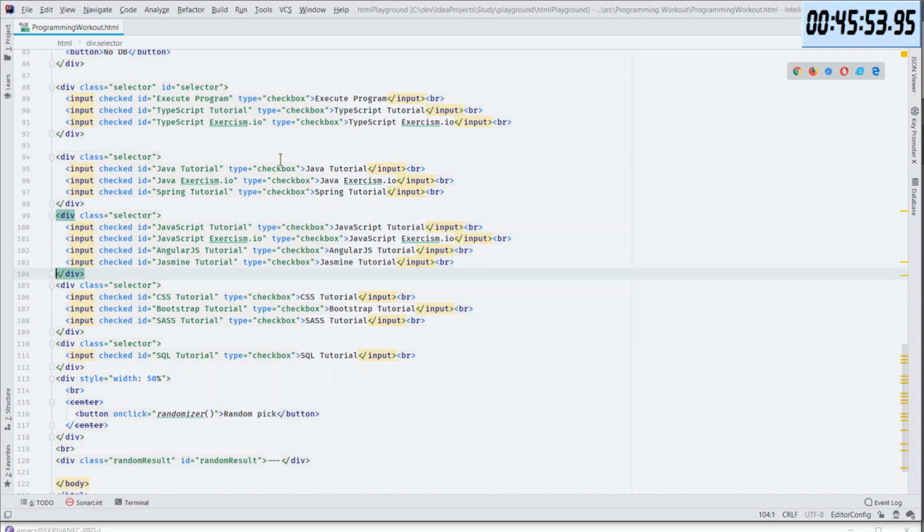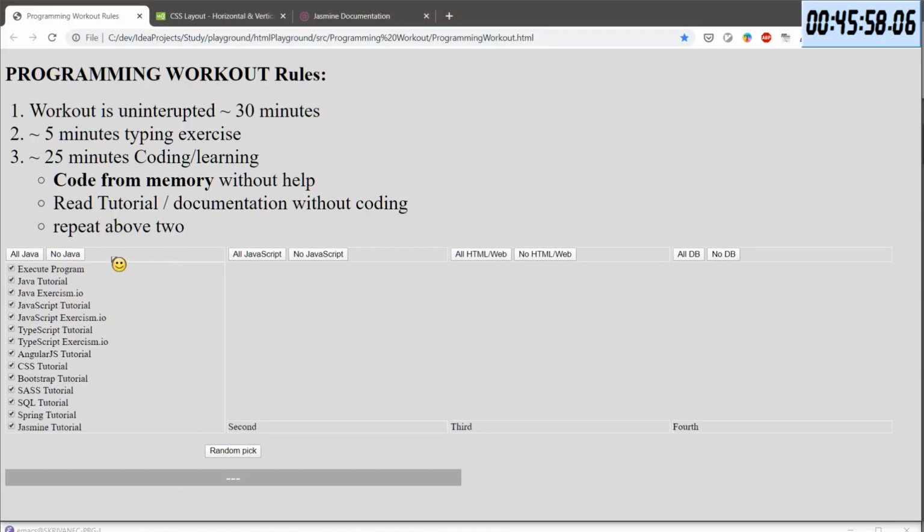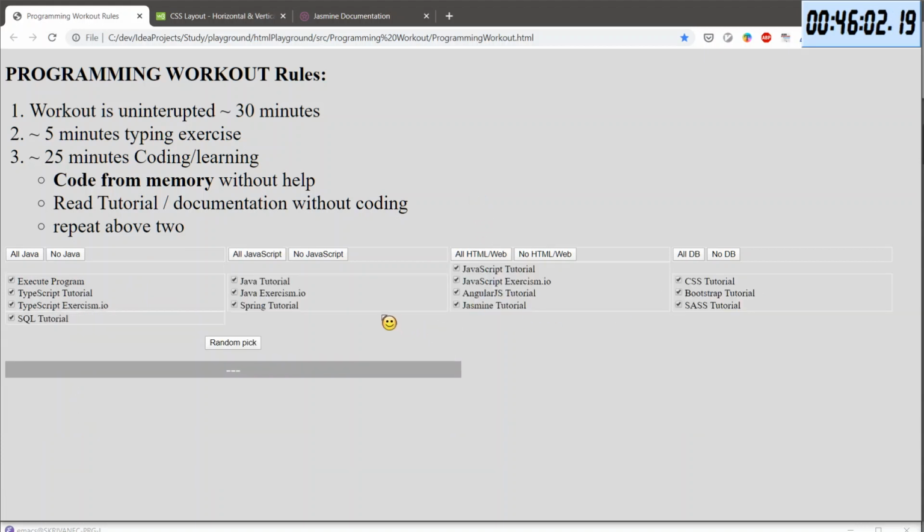Now I'm thinking, on this page I have those four things, right? So I can reload it. And four. Yeah, this one is extra.